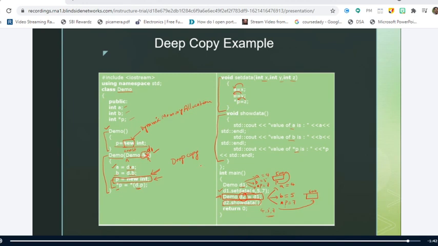Right. Even though you modify the value of P that belongs to D1, it does not affect the value of P that belongs to D2. Right. So this is how we are going to illustrate the deep copy. Right. By looking at the output, you cannot observe that there is a deep copy that happened in the program. But by looking at this statement is very important. You can observe that there exist different memory locations for the pointers of different objects. So whenever we have different memory locations for pointers of different objects, that comes under the concept of deep copy. Is it clear?